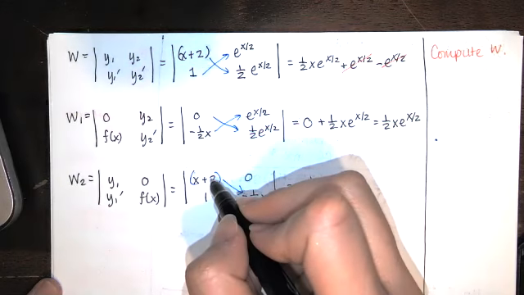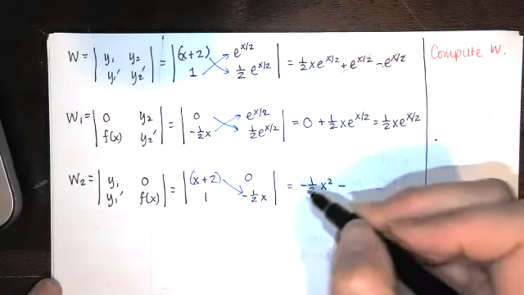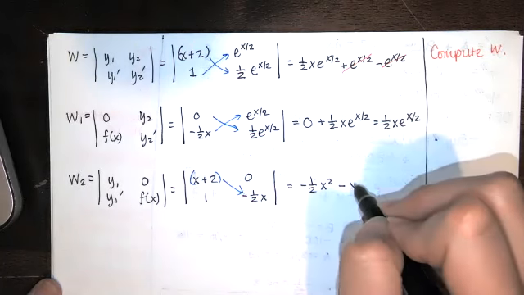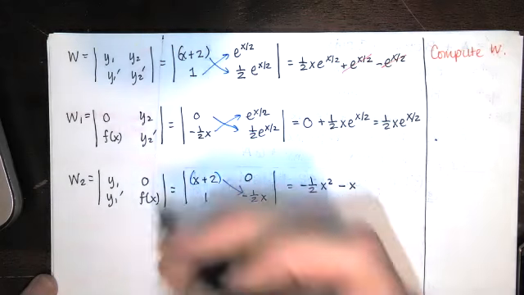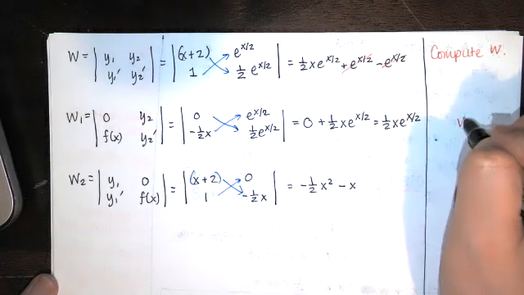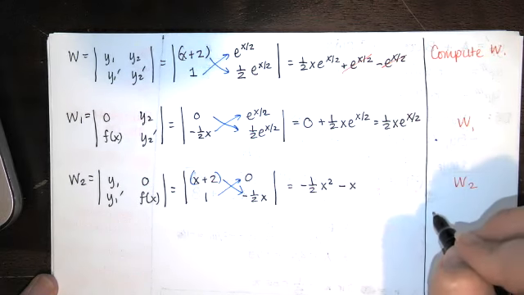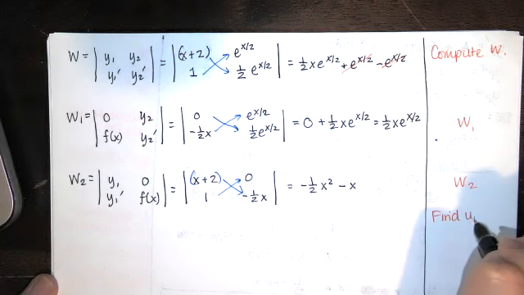And then negative 1/2 x times 2 is going to give me a negative 1, multiplying the coefficients times an x. And then we're subtracting 0, which of course doesn't do anything. Okay, so we've got our W1 and our W2, and that's enough to substitute into our formulas to find u1 prime